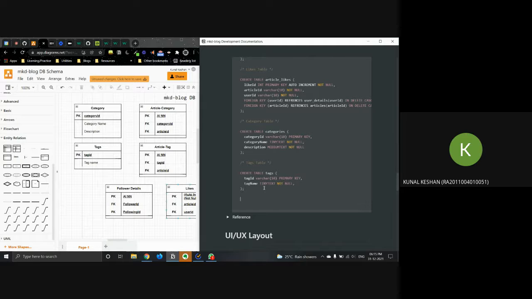Alright, it's the intermediate table for both the categories and the tags with the article table. So you can call this the article categories.